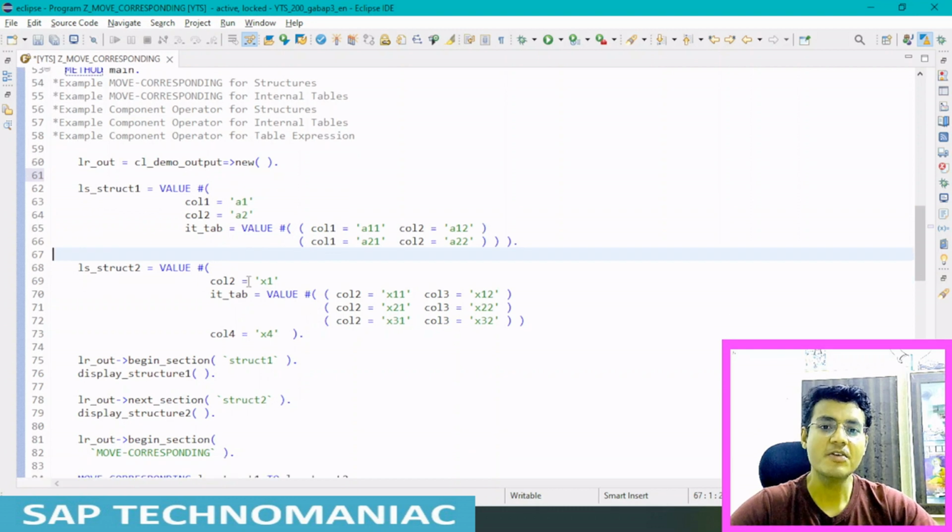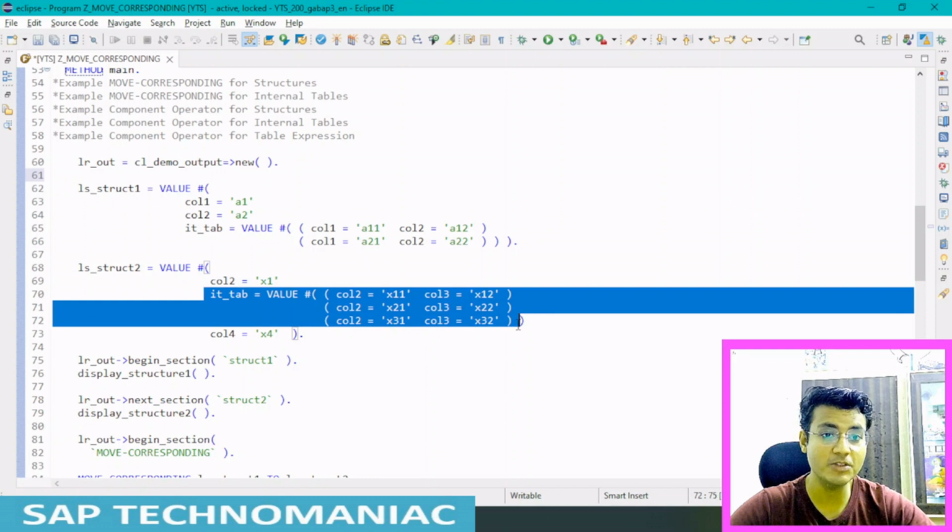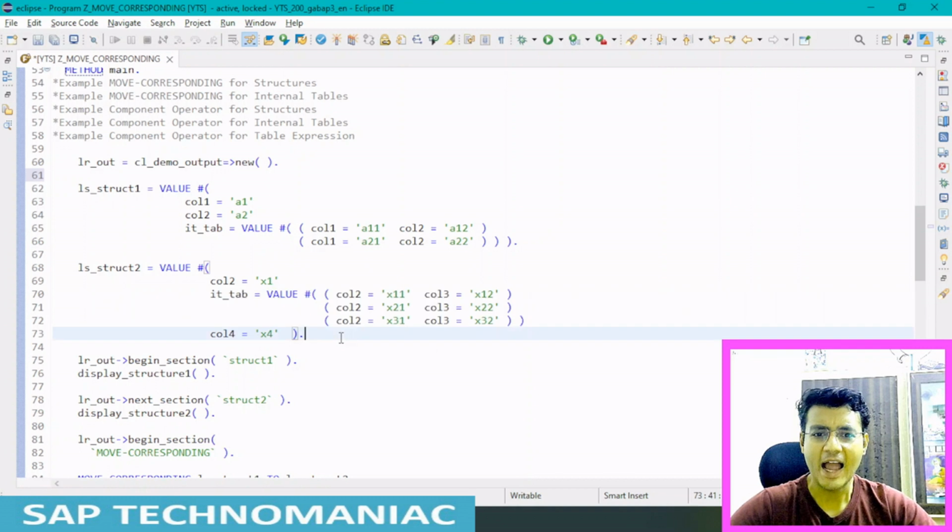Same way we are filling the second structure. In column 2 we are assigning x1, and we have an internal table, this time in the second position, but in this internal table, instead of putting 2 entries, we are putting 3 entries with x11, x12, x21, x22, x31, x32, and we have one more column, column 4.